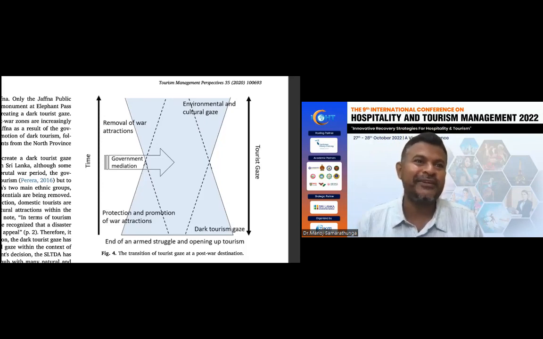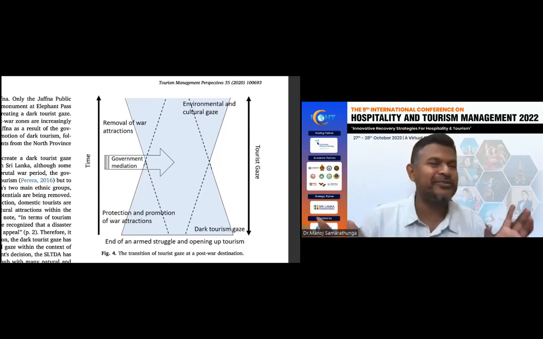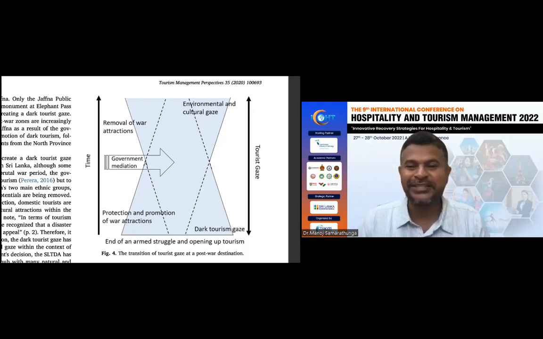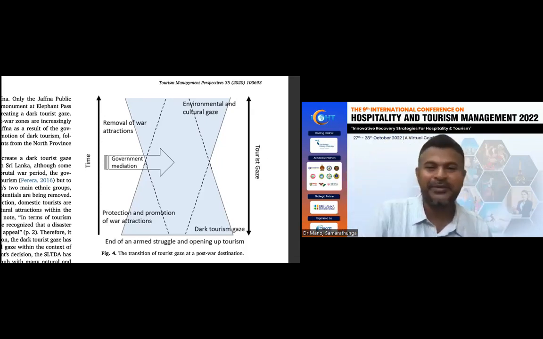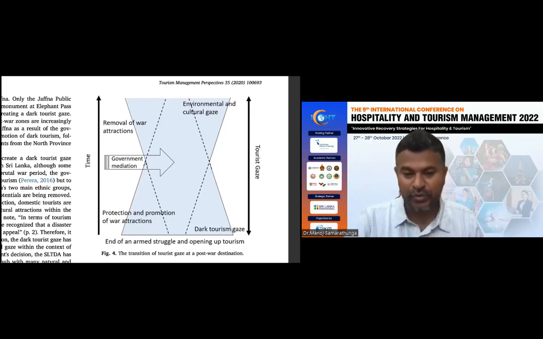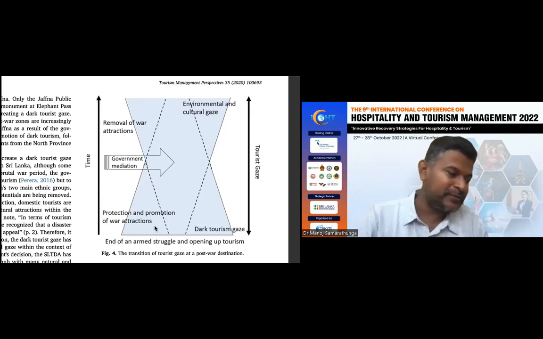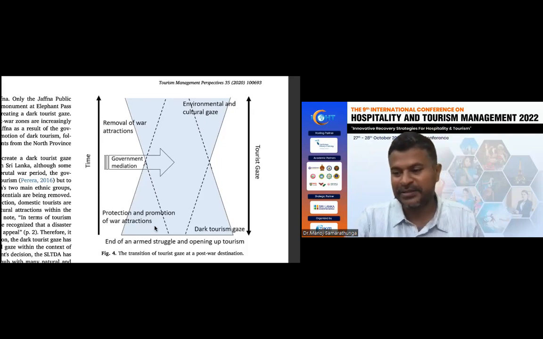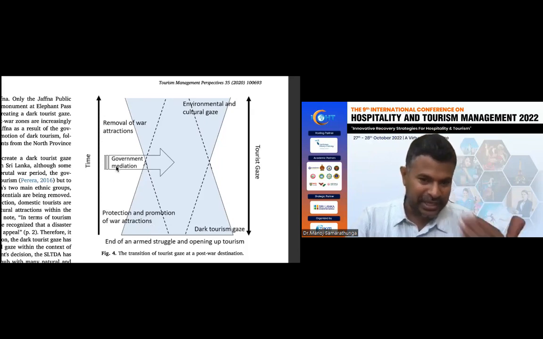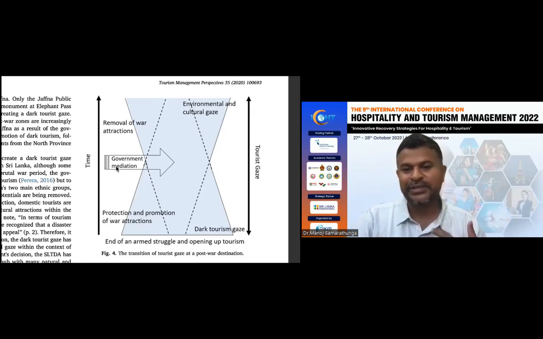Whatever was left of the war, the bullet-ridden walls and the topless Palmyra trees, the LTTE bunkers, the army, all the statues, were well protected and promoted during the first part of the 2010 decade. And thereafter, over time, the government identified, okay, it will not help with the reconciliation process,